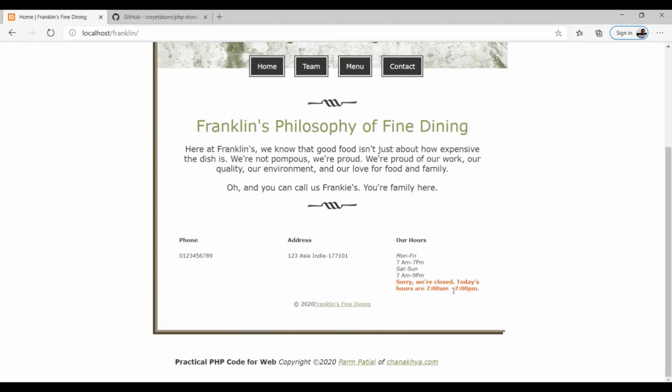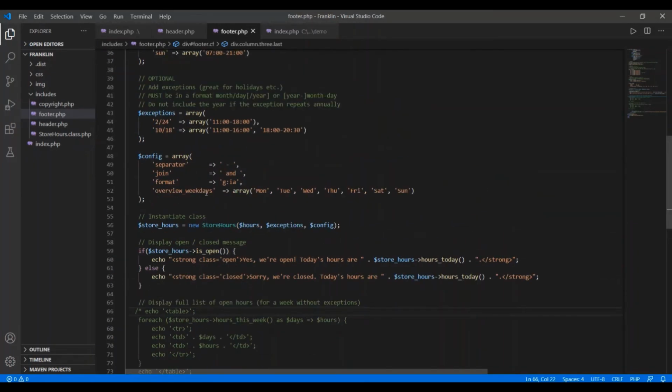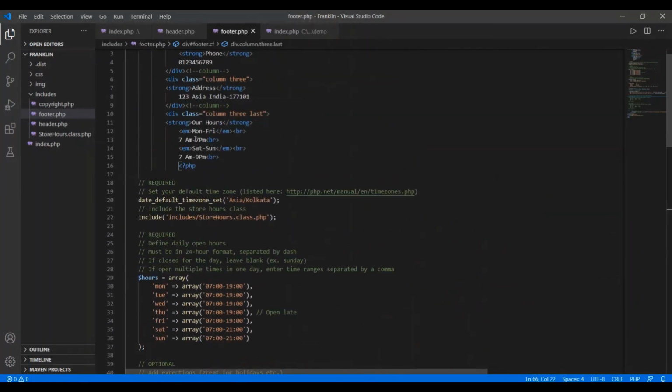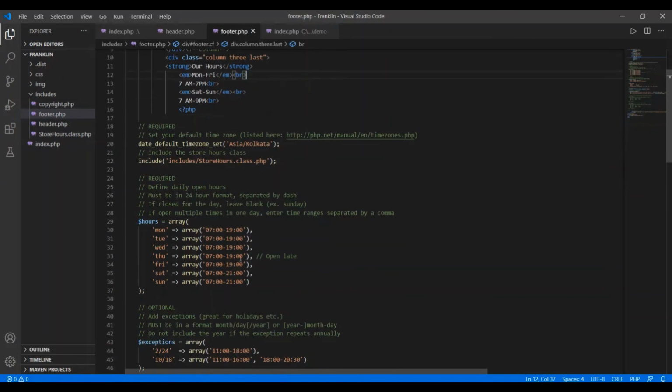to 7 p.m. So what will happen if we change the time of today? So I'm just going to change the time here. So here I have to set it 7 a.m. to 7 p.m., and to 9 p.m. I'm just making it capital M. Here nothing is changed, but here I need to change the time.